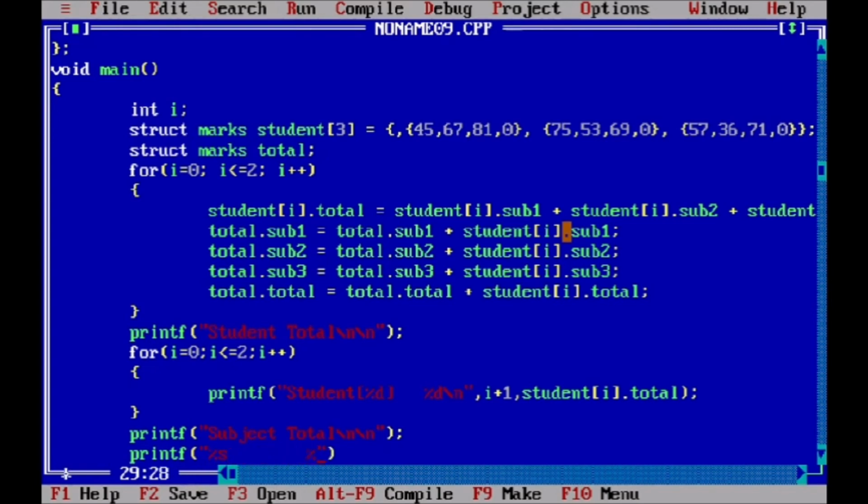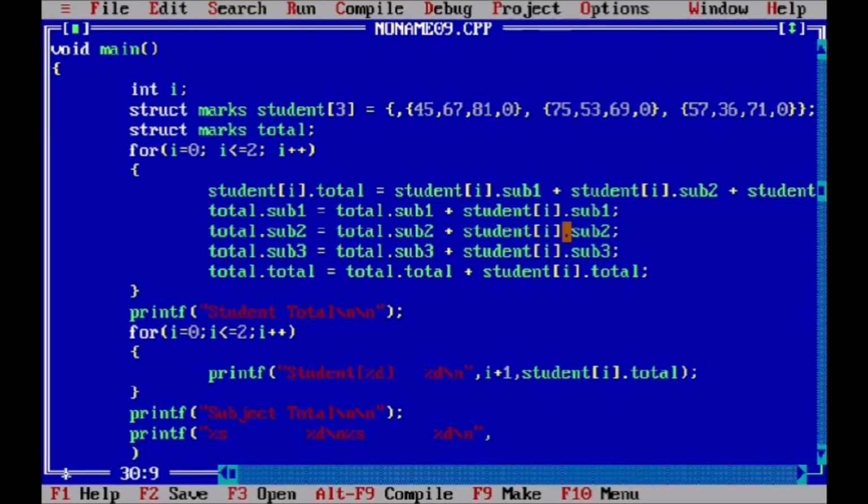That value is stored in total dot subject 1, total dot subject 2 and total dot subject 3, and that is what we are printing here. For writing subject 1, we give percentage s, and for the value we write percentage d.